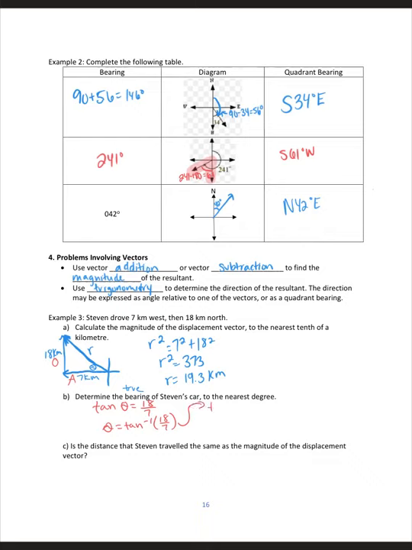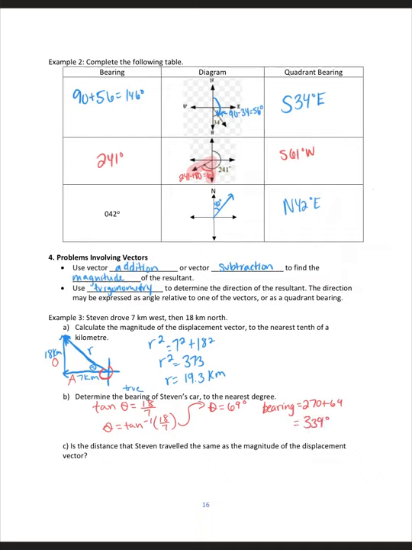And we find that theta is equal to 69 degrees. So if we wanted to represent our true bearing, we have to understand that we start from the north part of our compass and we move in a clockwise rotation until we get to that vector. So we're moving 90, 180, 270, and then plus that angle we just found of 69 degrees. So our bearing is going to be equal to 270 plus 69, which equals